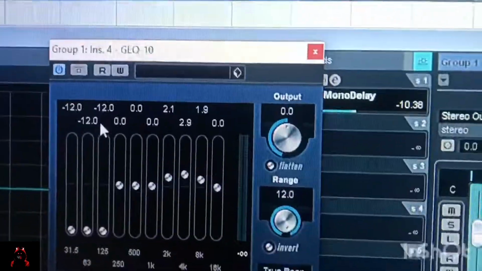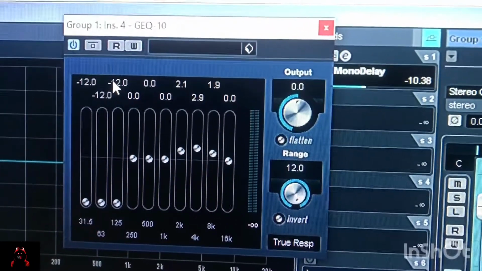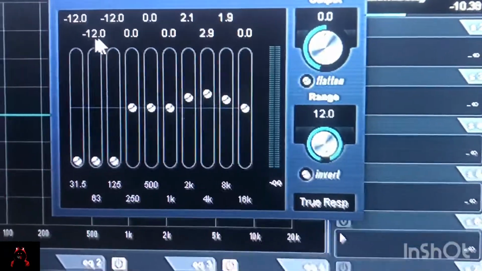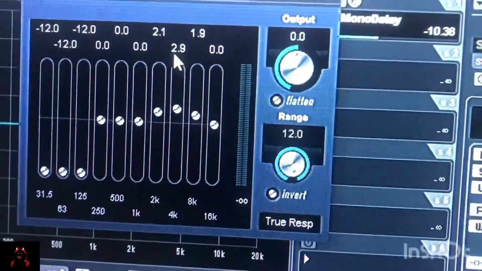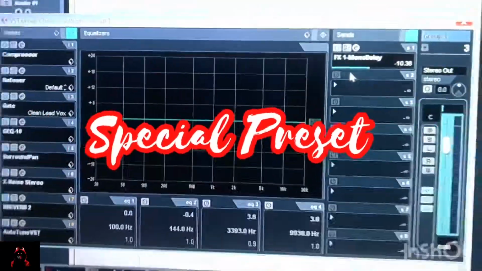Make sure it's 12.0 at your depth. Let it just be straight depths that you kill within your subs, so that it won't affect your mid sub. Your mid sub is really important when it comes to your vocals, so you can have that depth. You can have that balance in your voice. Let it be audible, and let there be no